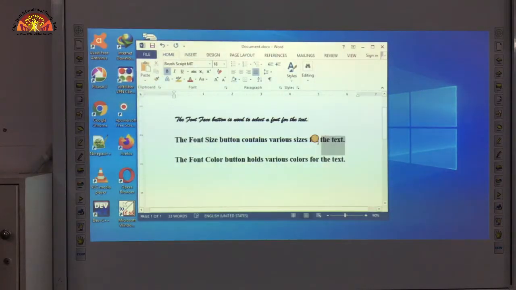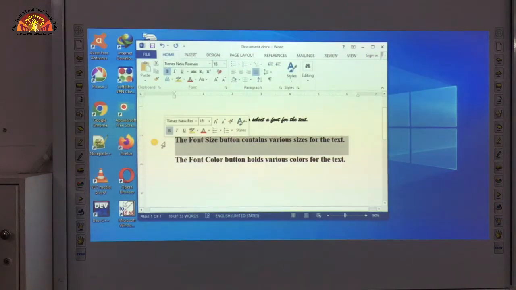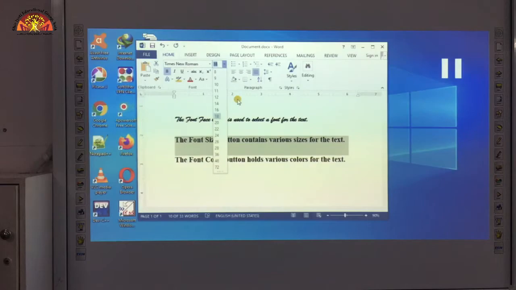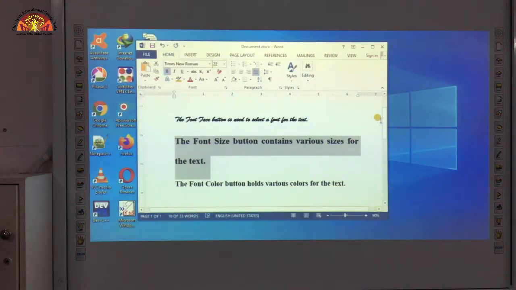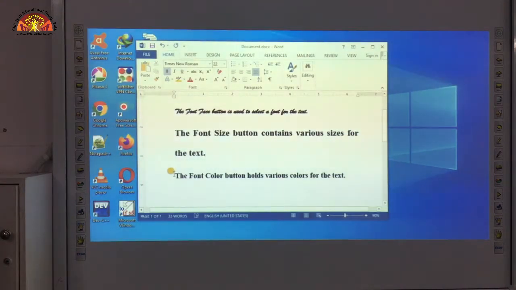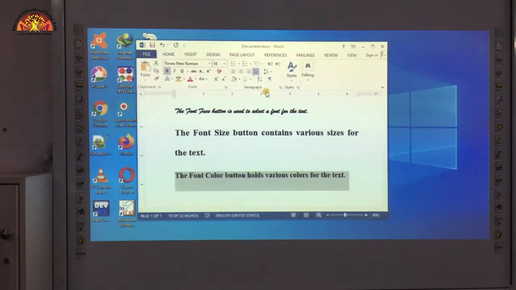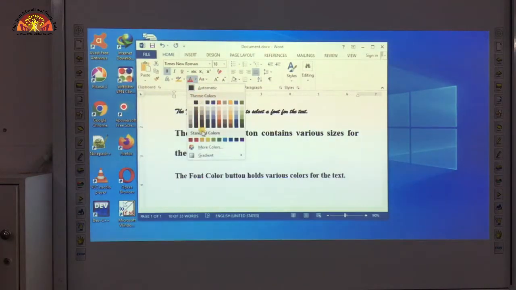Here you can see, student, again the font face of the text has been changed. Okay, now we will select the second line of the text, and now we will click on the font size drop down box, and here you can see the different sizes available for your text. Okay, student, the size of text has been increased. Now we will select our line number 3 using the mouse, and now we will click on the font color option, and here you can see the different colors available for your text.